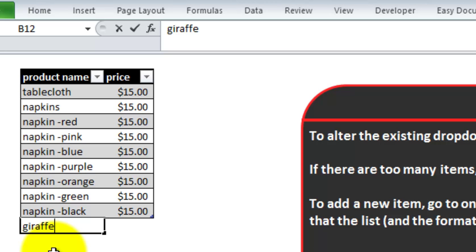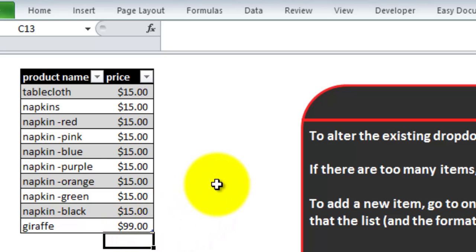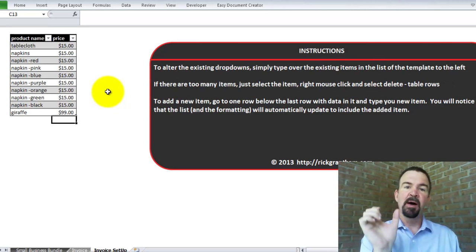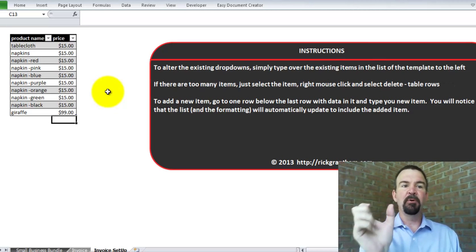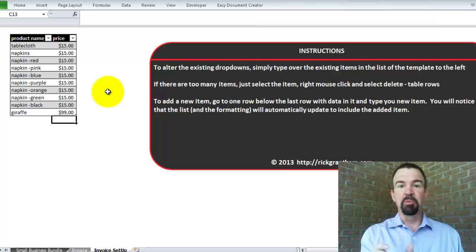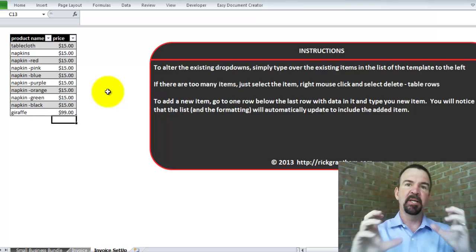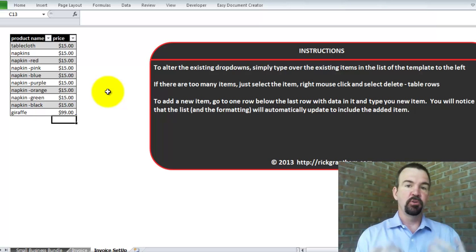So when we do this, as we hit the enter button, you'll see that the table here expanded to be able to accommodate that. And here we could type in a price, and let's say that's $99, just as an example. So in here you can go in and put in all of your products. You can go all the way down to the bottom. Just make sure that you add to the very next row, the very first blank row that there is, so it'll continue adding and including all of those products into the drop-down list